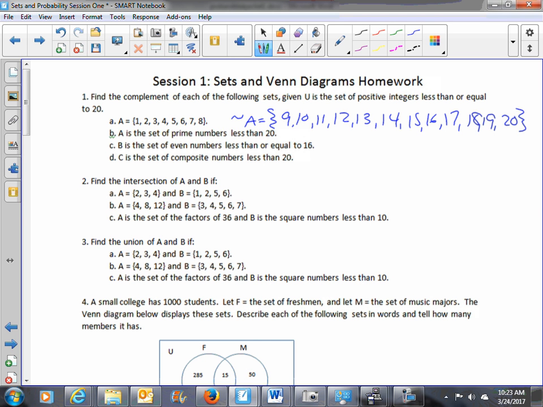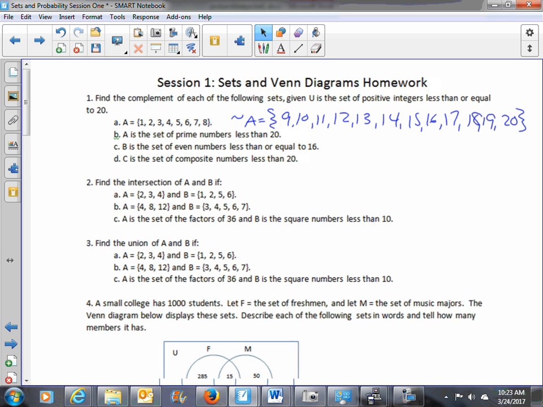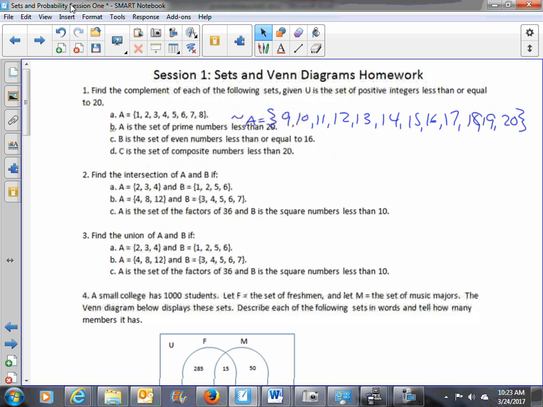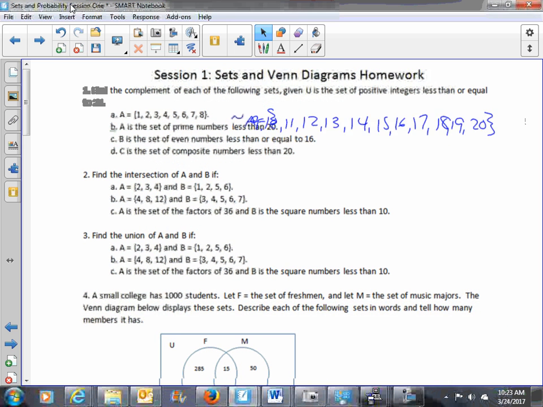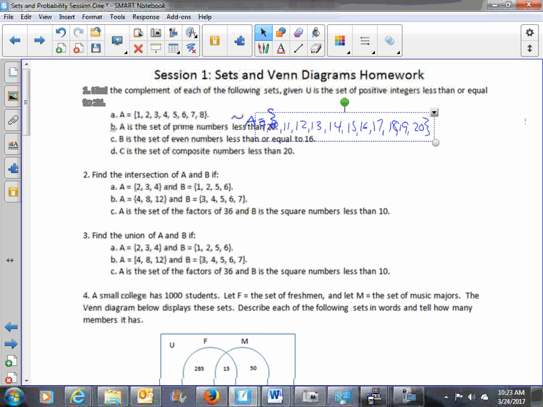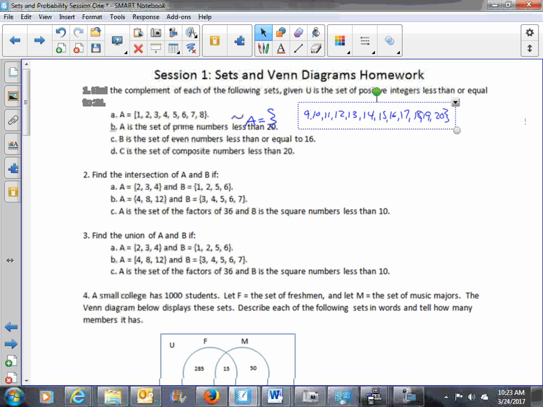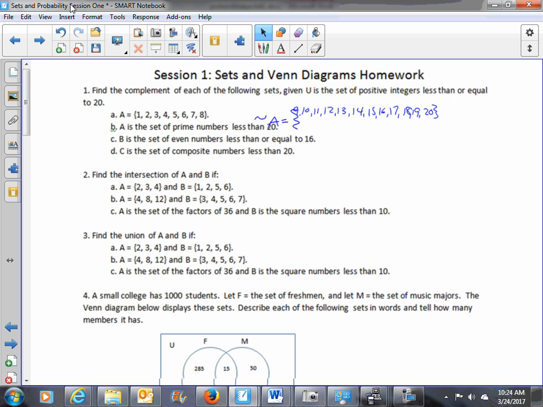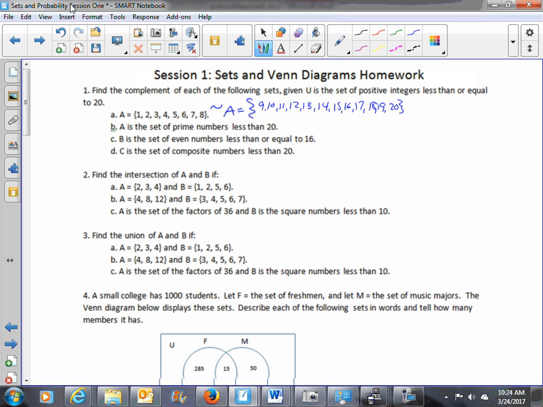Now, if A is the set of prime numbers less than 20, a complement there, let me just make this smaller. Okay, if A is the set of prime numbers less than 20, then a complement